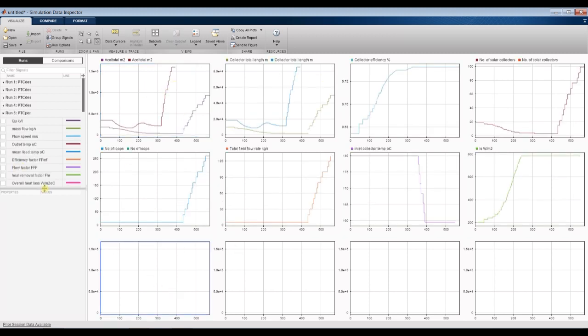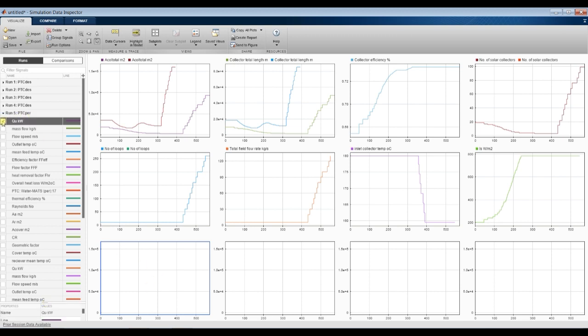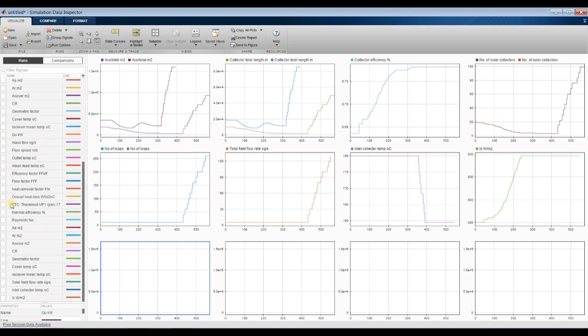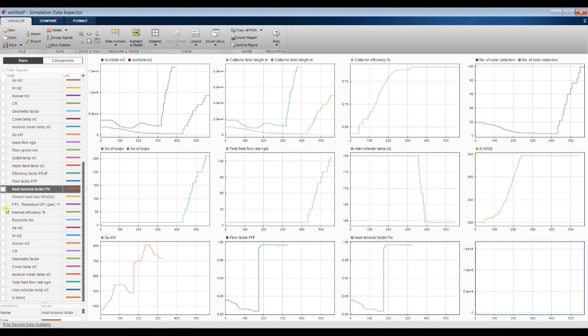Let's go here, and this useful energy is changing here. The thermal power from the solar field shows fluctuation, and this is mass flow rate changing. Outlet mean fluid temperature. Efficiency factor changing. Flow factor, as you can see here. Here is the heat removal factor. Let's note it does not exceed 1, by the way. And we have thermal efficiency